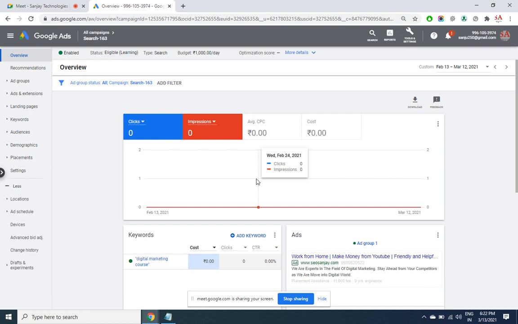No other platform, no other search engine, no other social media website offers you so many options as Google is offering. And second is, Google has got 80% market share. If you want to cover the 80% crowd of the world, you have something to offer to the world and you want to cover 80% of this crowd, then there's only one platform, that is Google AdWords.